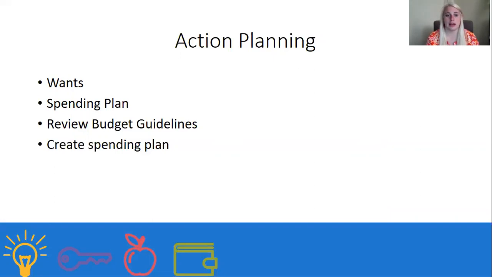Spending plan is going to be the next action step. So not necessarily creating that spending plan, but it's going to be to identify the spending plan. Where do you really want to start working on the spending problems? Is it the whole way through the budget, or is it maybe in one specific area? So is it on clothing and shopping? Is it on eating out? Is it on just what you spend at the grocery store? Really identifying what spending plan you want to use and where you want to utilize it.